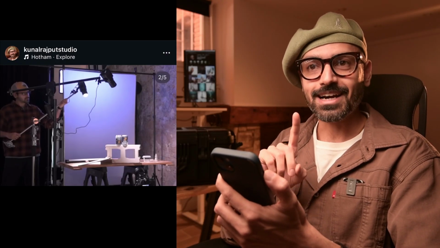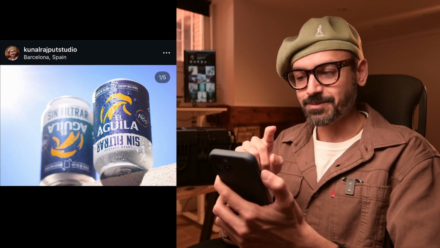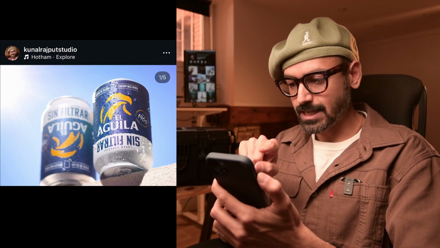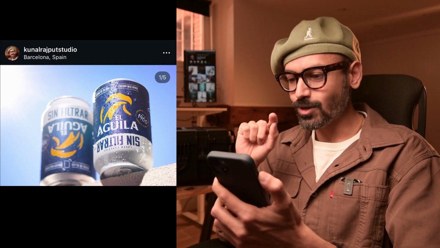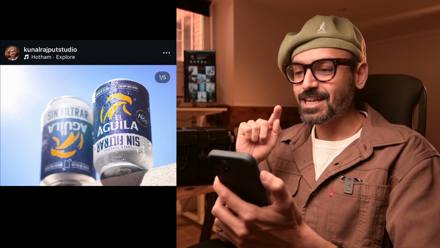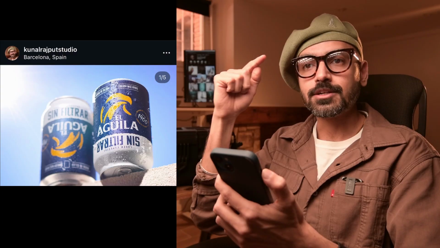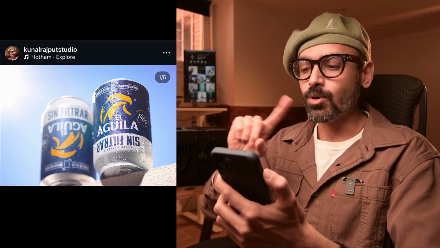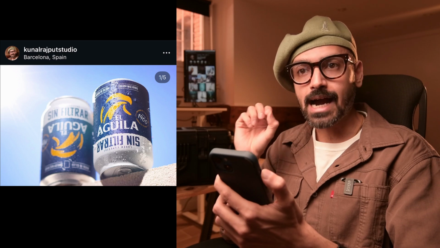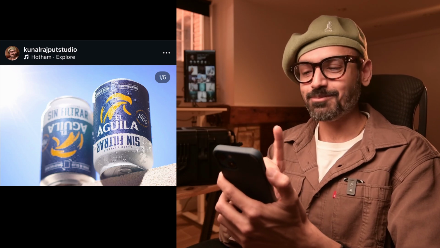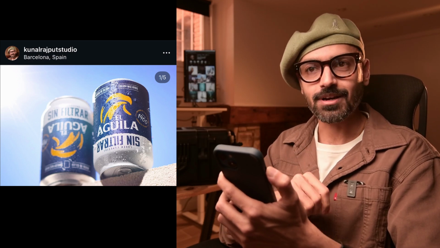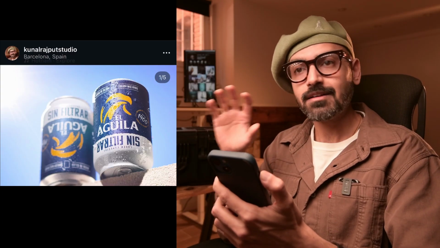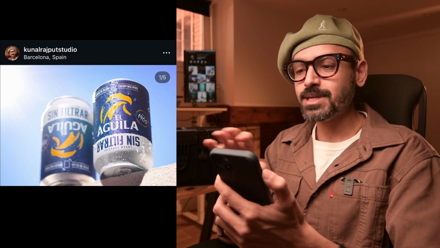So in this case, again, if I had to focus on the branding, the label where it says El Aguila, okay, if I focus there, then at the same time the top part of the can would be out of focus, right? But I don't want to do that. I want the entire branding to be tack sharp, but at the same time I still want to have a shallow depth of field, right? So in this case, the tilt shift lens becomes really crucial, and it gives me the result that I want